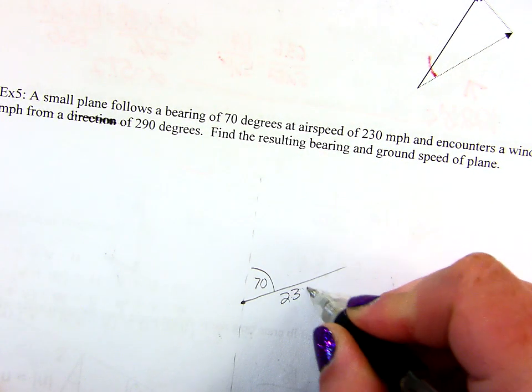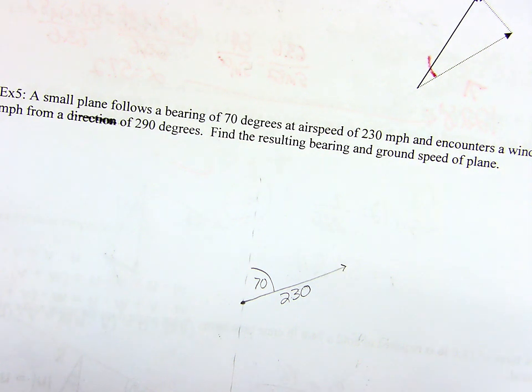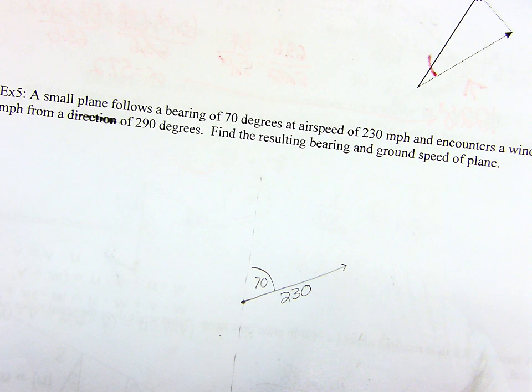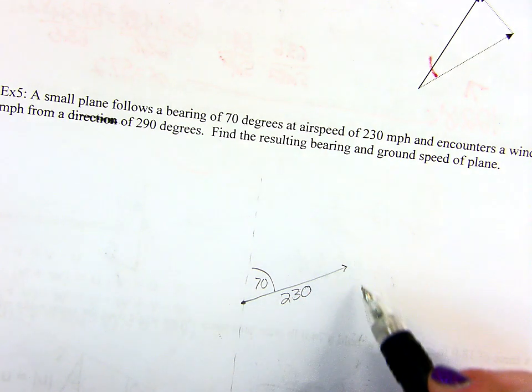230 miles per hour we're going. Okay, so I'm going along like this. There's a wind. The wind is blowing 25 miles per hour at 290 degrees. So 290 degrees, right? Here's 0, 90,